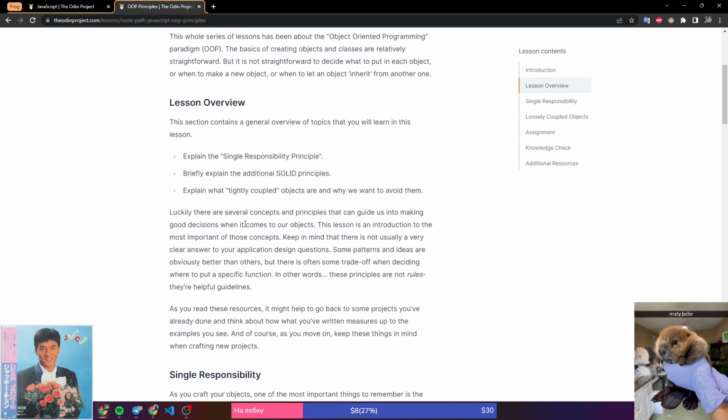The lesson is an introduction to the most important of those concepts. Keep in mind that there is usually not a very clear answer to your application design questions. Some patterns and ideas are obviously better than others. There is often some trade-off when deciding where to put specific